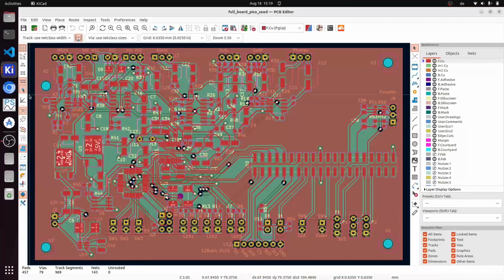And another principle I applied is to have all the connectors on the outside of the board. Here you see this 40-pin connector, which then accepts an adapter board to either connect to a Raspberry Pi Pico or Electrosmith Daisy Seed. Regarding layers, I thought for a long time whether I should try to build this board